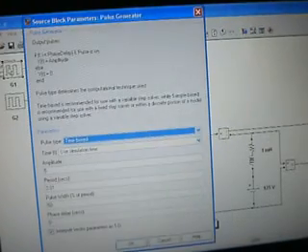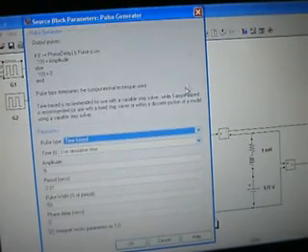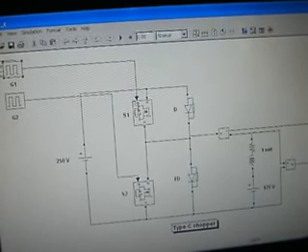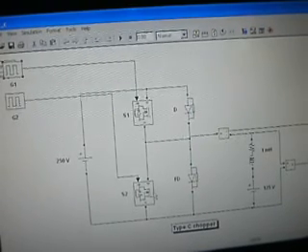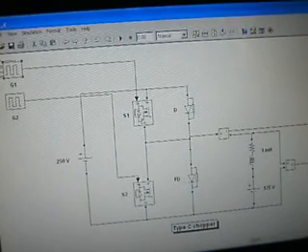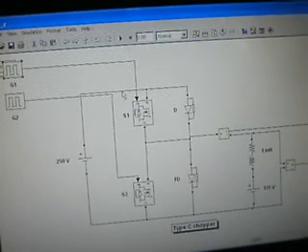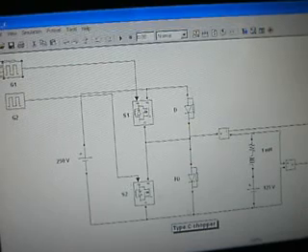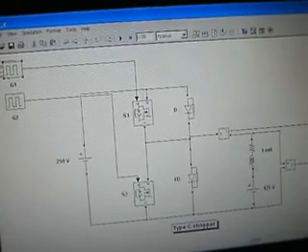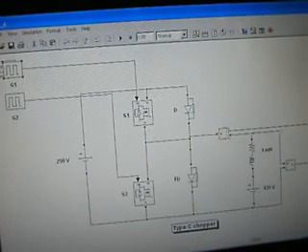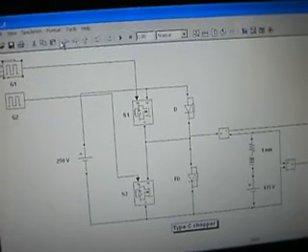G1 and G2 are taken such that the chopper acts as a type C chopper: when S1 is on, S2 is off, and when S2 is on, S1 is off. So first current flows from battery to switch S1 through the load and back to the supply, and in the second case the inductor gets a discharging path through a freewheeling diode. So let's see the output of this circuit.